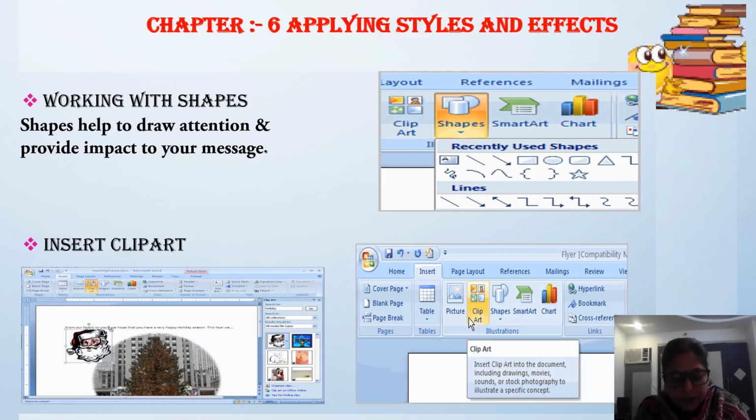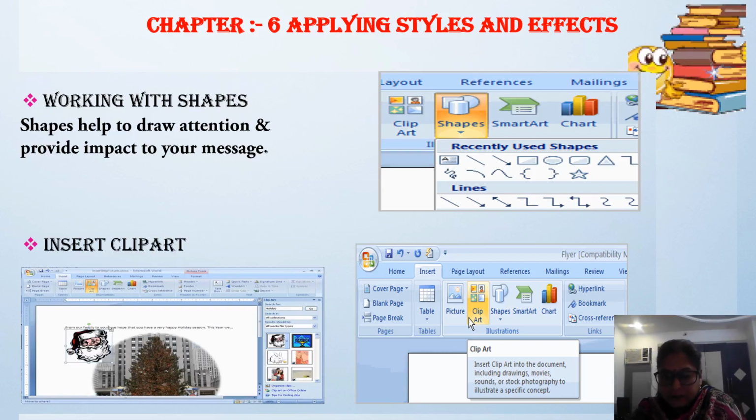This object can be changed anytime by using suitable tools present on the drawing toolbar. And this option is available in the insert tab, in the illustrations group.